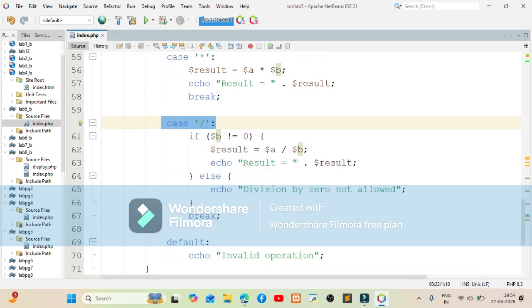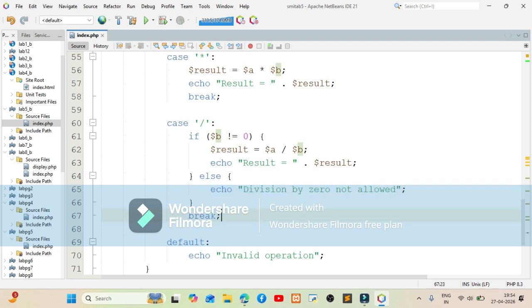Now whenever user selects the division operator, we have to make sure that user does not divide any number by 0 because it is not allowed. So that's the reason we check if the second number is not equal to 0, only then we are performing A divided by B. Else we say that division by 0 not allowed.